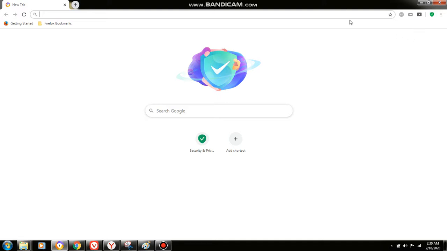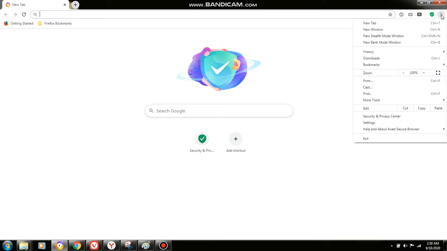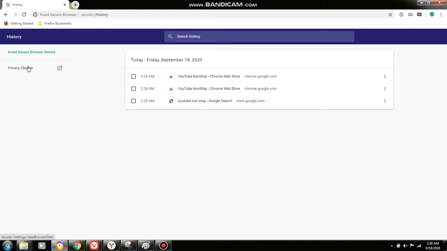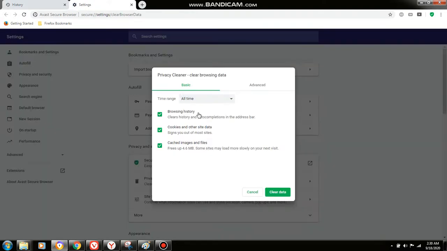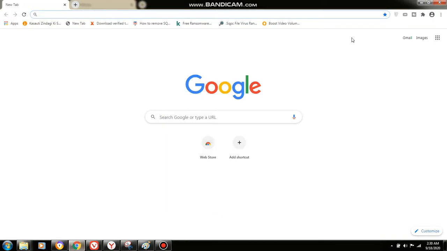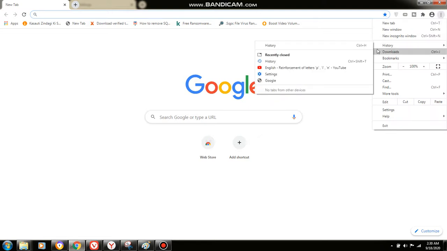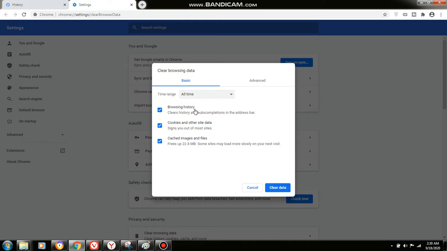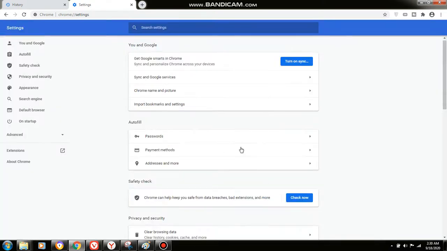Before playing any playlist, the first thing is that you have to go to the history and clear all browsing data, and make sure that all these options are checked. You clear cache data, you clear cookies, you clear saved passwords, you clear browsing history. And you will clear the history of all the browsers you are managing like this. Here you can see all the options are checked by default, so I will just click clear.